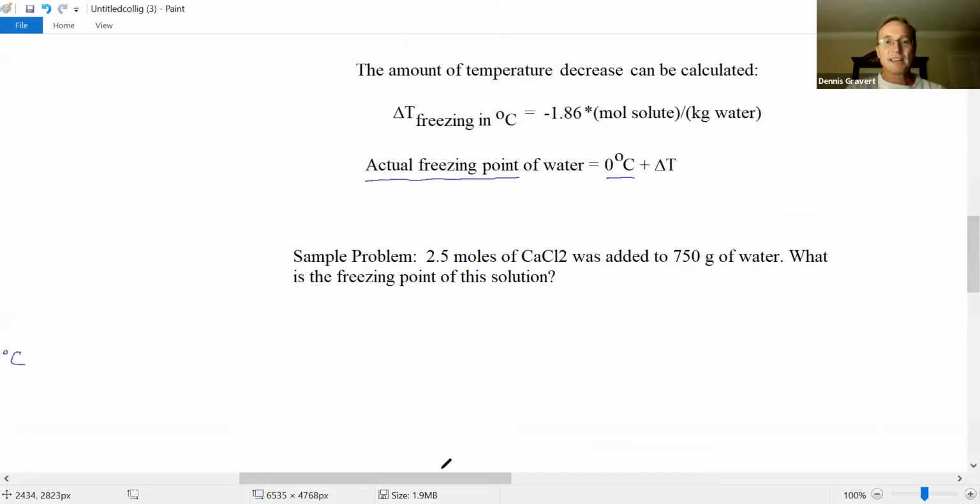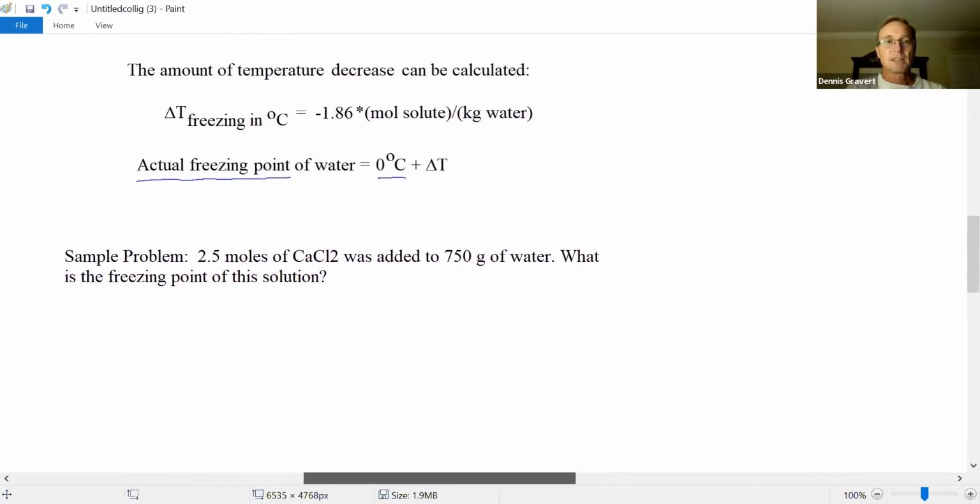Okay, let's get a little more room here. Let's take 2.5 moles of calcium chloride and it was added to 750 grams of water. What's the freezing point of this solution? Well, go grab the equation right there. Change in temperature is equal to negative 1.86 times moles of solute. Well, there's 2.5 moles of these salt molecules,